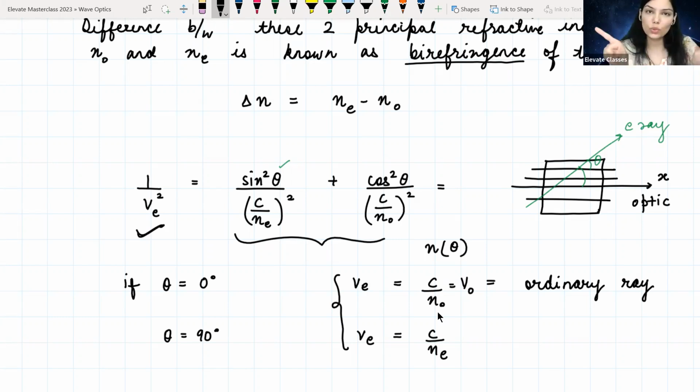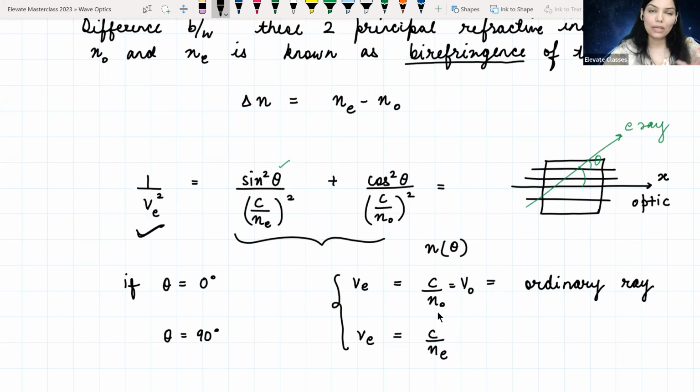So there can be any two directions defined inside the crystal in which the E ray and the O ray travel with the same speed. But for us, only the uniaxial crystal matters right now, because we want to understand the working of a half wave plate, a quarter wave plate, and a full wave plate. But these two we want to learn and understand their principle, इसलिए हमें सिर्फ uniaxial crystals ही